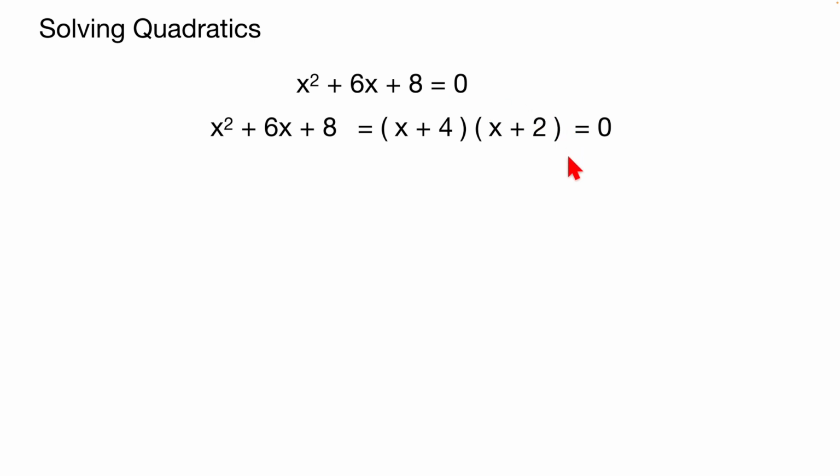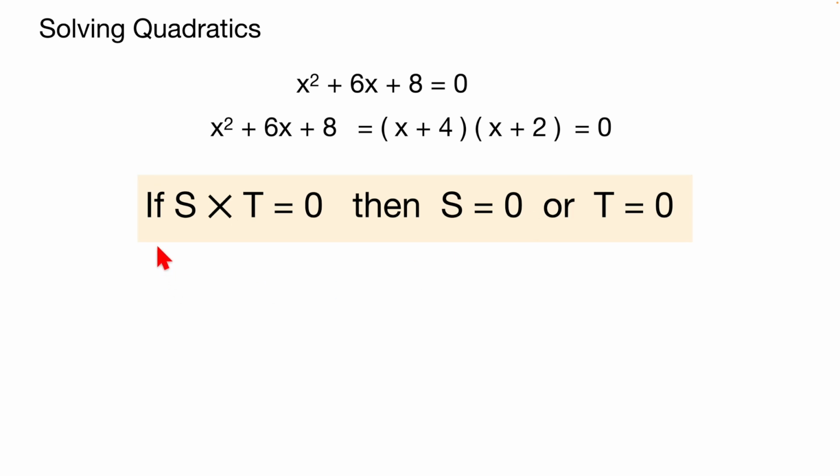And now we use one of the great theories of mathematics. I love this one. If s times t equals 0, then s equals 0 or t equals 0. If you can find 2 numbers that multiply together to give 0 and one of them isn't 0, send them to me and I will claim a prize. I'll share it with you. There aren't any. Either s or t has to be 0,